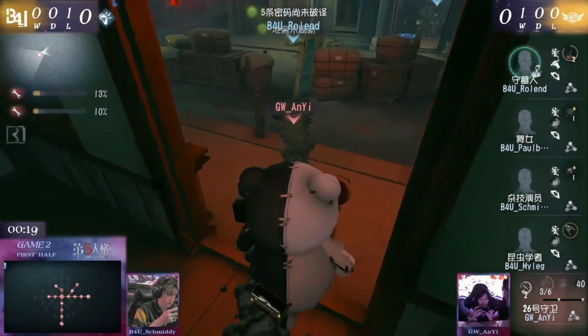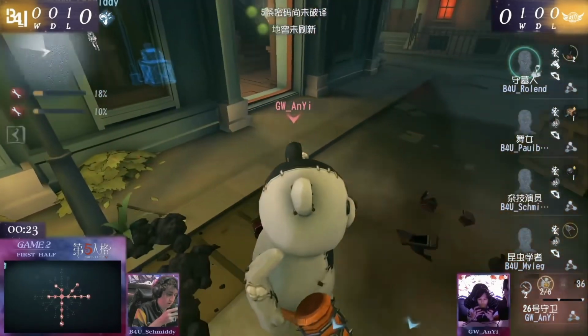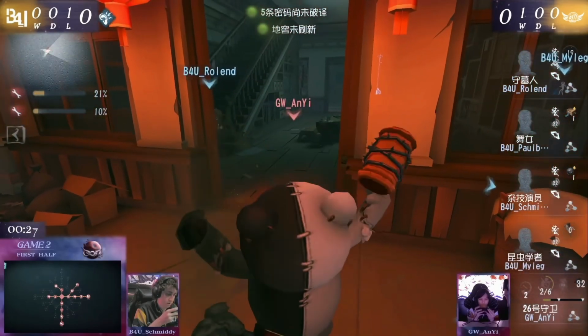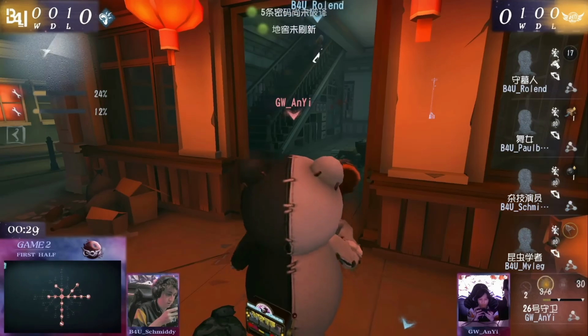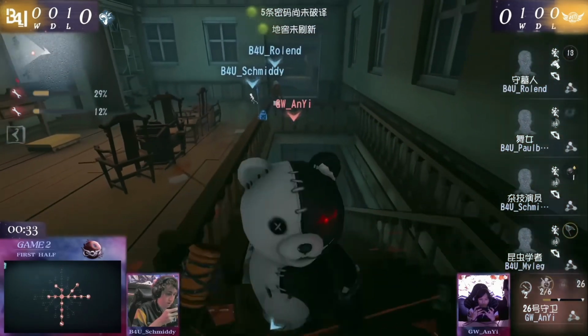Anyi here has to be very accurate with how he utilizes these bombs to get a GK out, but it doesn't seem like he'll be able to do so anymore. Anyi decides to hit immediately. That wouldn't be too bad as GK rotates up towards the staircase. It's a very nice choice right there because if he decides to stay in the open area, he will immediately